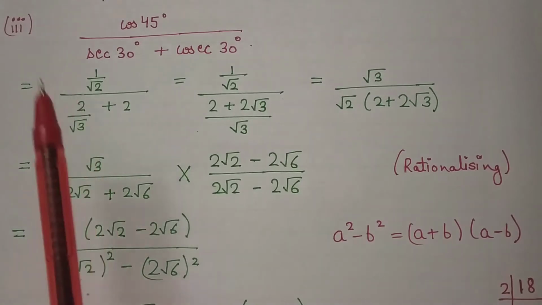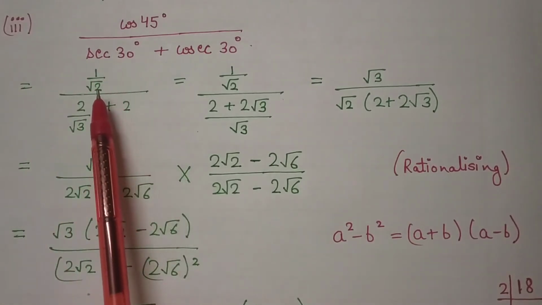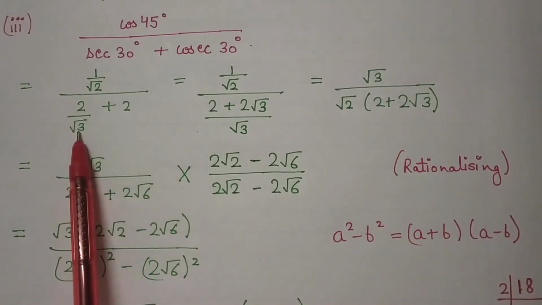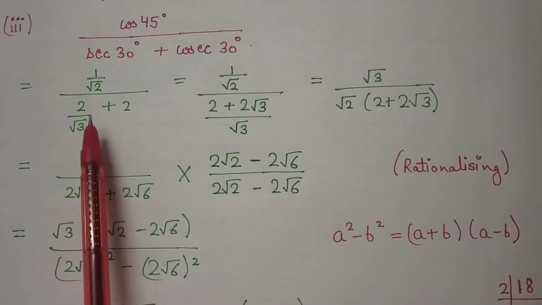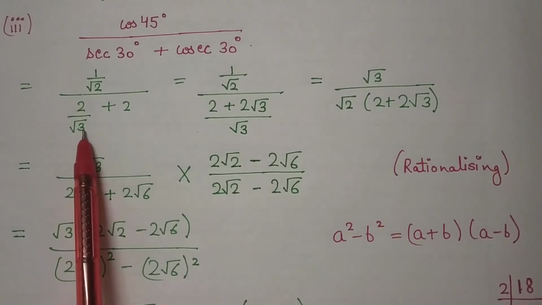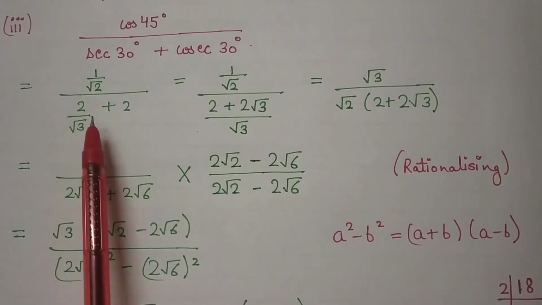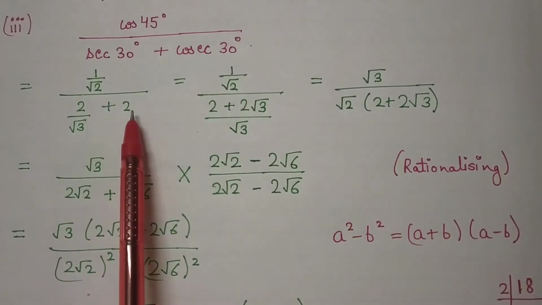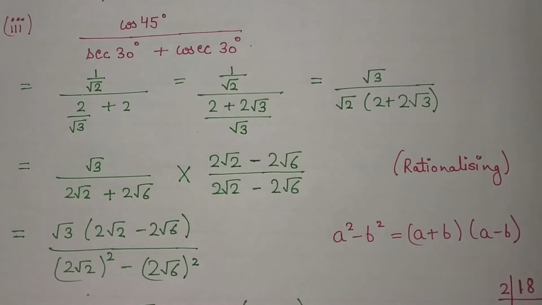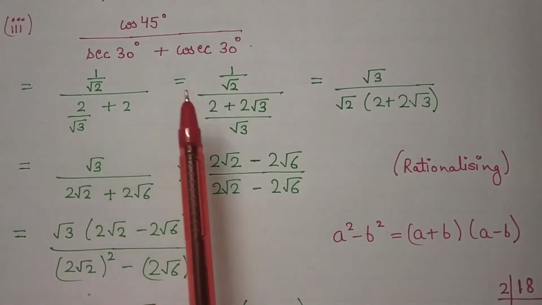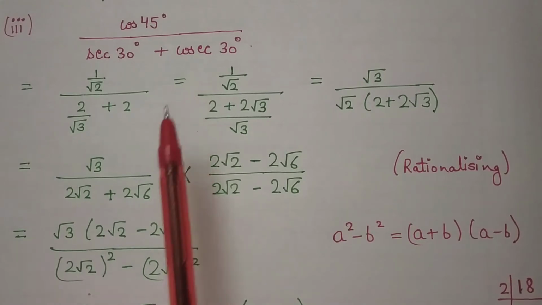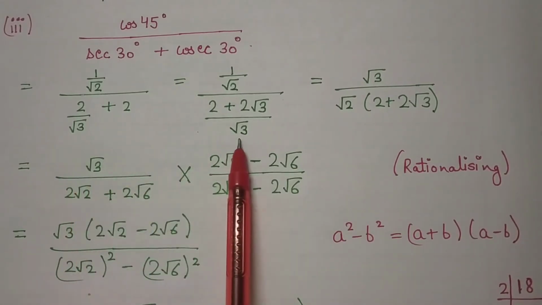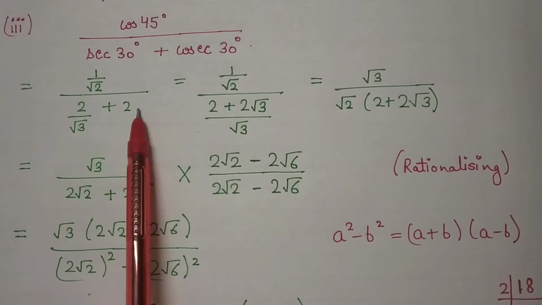Put the values. The value of cos 45 degree is 1 by root 2 and secant 30 degree is 2 by root 3 because it is the opposite of cos 30 degree. Now plus cosecant 30 degree is 2 because it is the reciprocal of sin 30 degree, which is 1 by 2. So, taking the LCM, root 3 in the denominator, 2 plus...